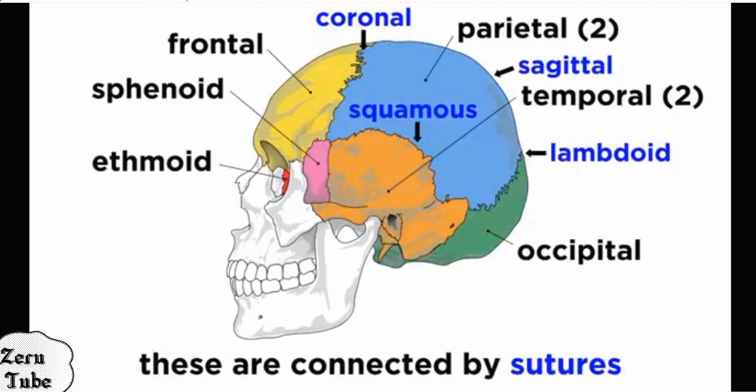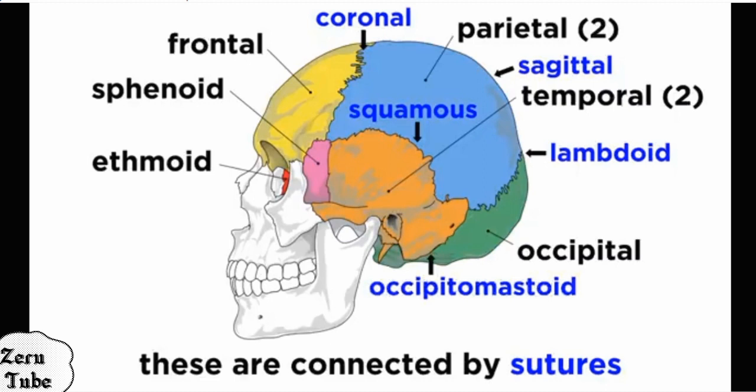The squamous suture is very important to connect the temporal bone and the parietal bone. The occipito-mastoid suture is very important to connect the occipital bone and temporal bone. So sutures are the joints which are found at the skull bone and very important to connect